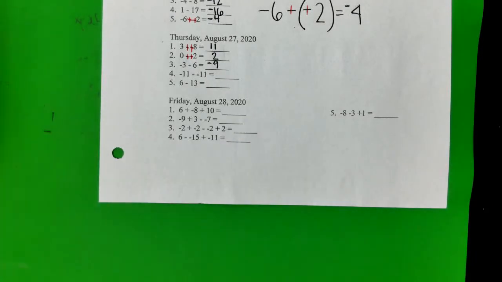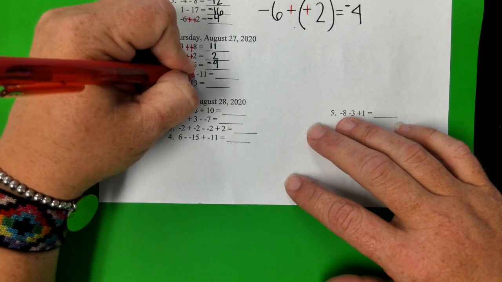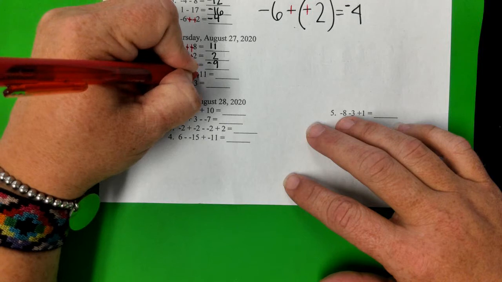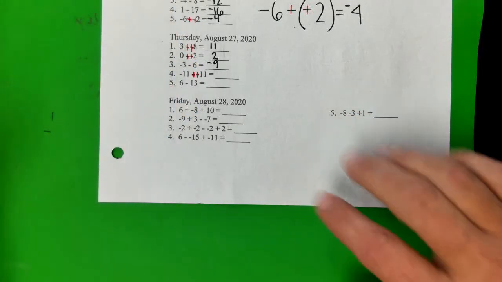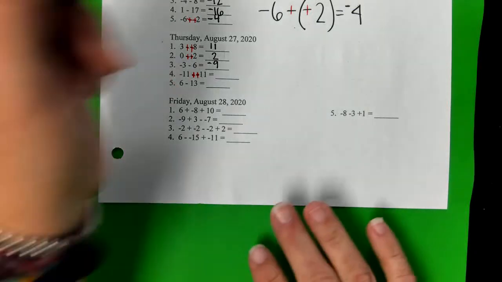But on this one, on number 4, I have to change because I have two negatives next to each other. And that's like saying -1 times -1, and that's positive. So that's why two negatives equals a positive. Okay, so then I look at what I have, -11 plus 11, so the signs are, I get,